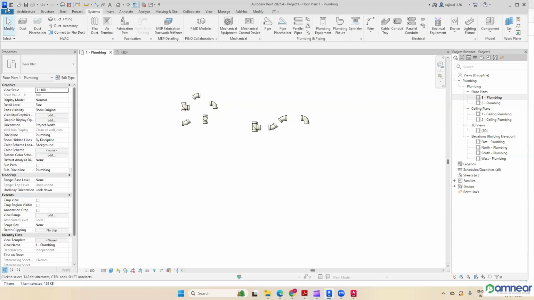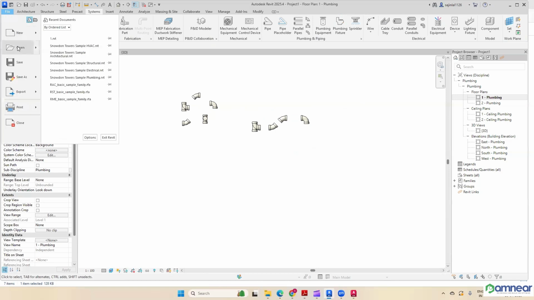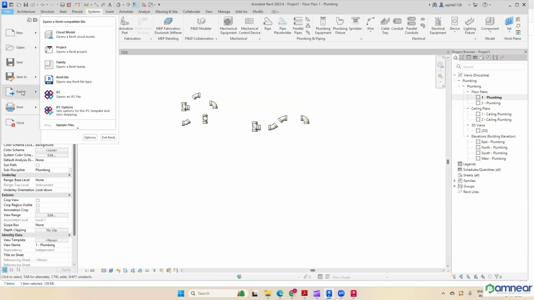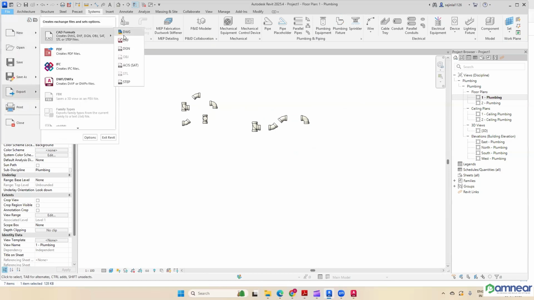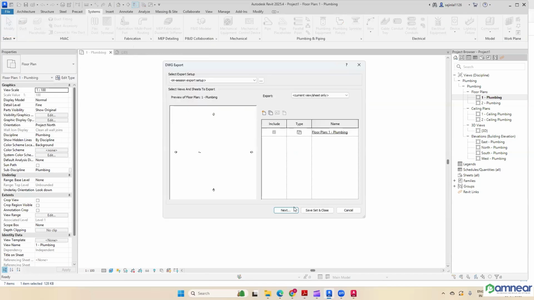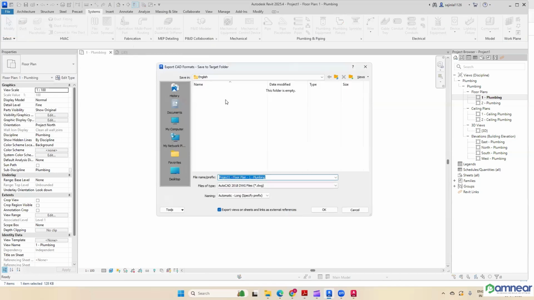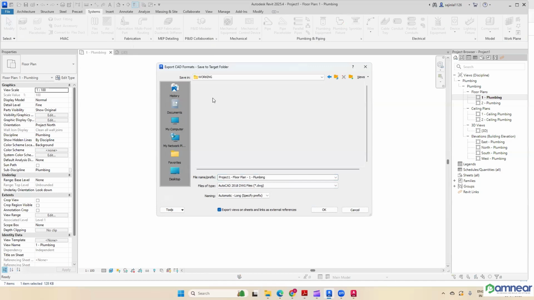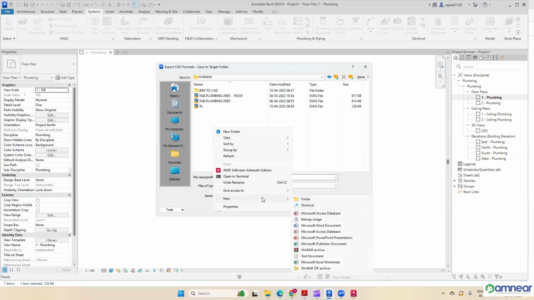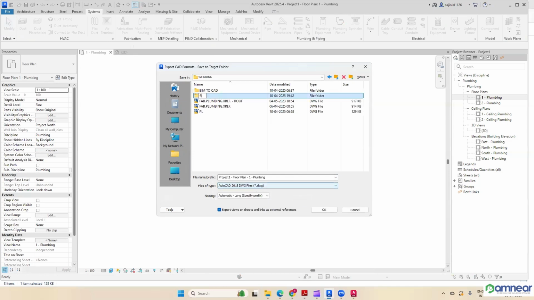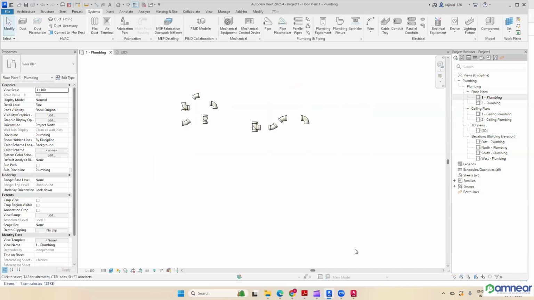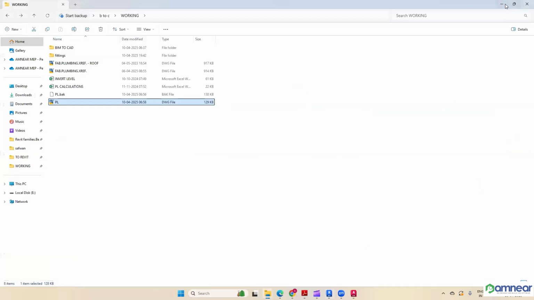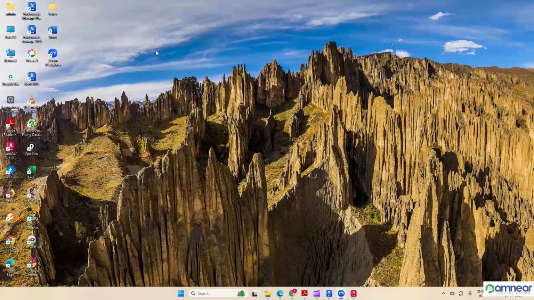Once it is done, you can go to File, then the Export section, CAD formats, DWG. You can save this in a drawing. Let me save it as the fittings, 32 mm and 40 mm. Save it there. Then we can open that